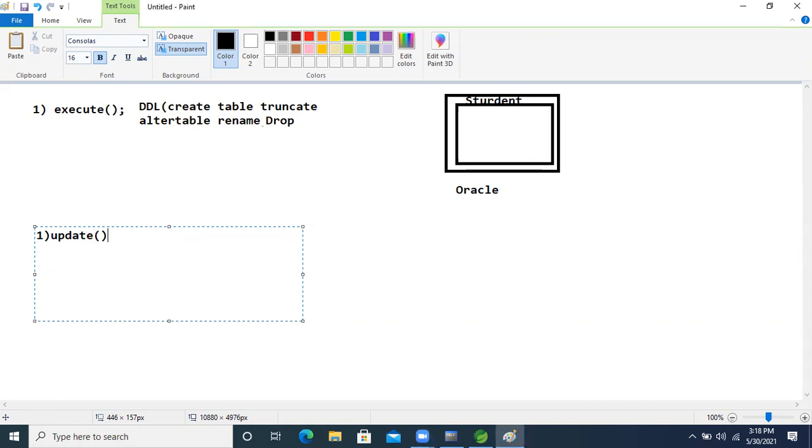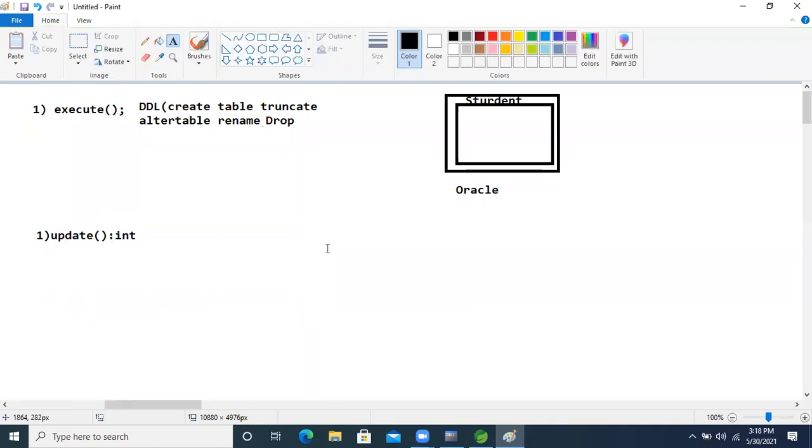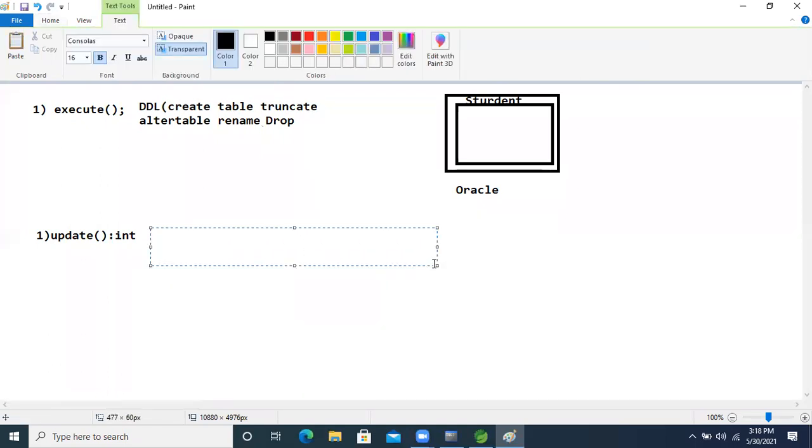Here the update method is there, right? Its return type is int. Using the update method, which kind of operation can we perform? DML, right? DML means insert, update, and delete. If we want to perform this operation, then we will take this method,